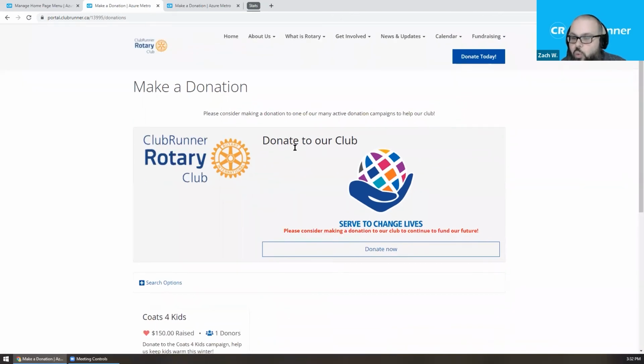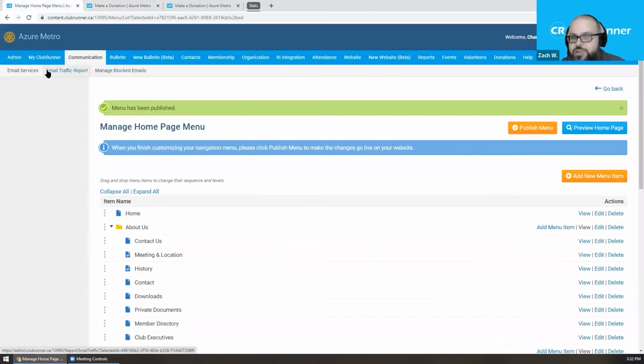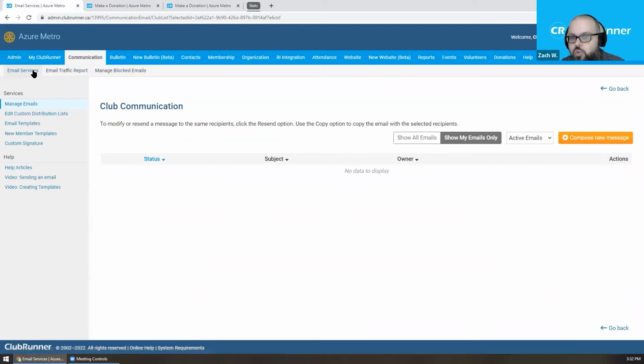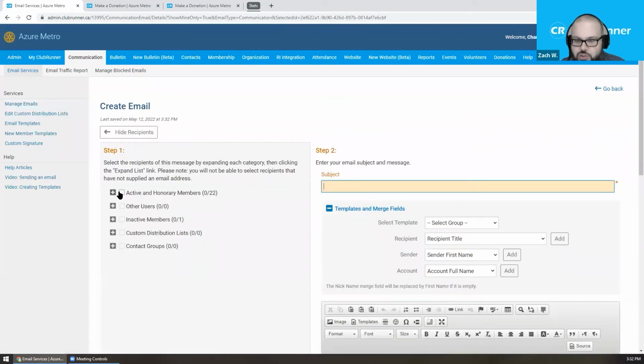So once you actually have all of that set up and you're ready for it on the website, another thing that you can do is send those same links out to your membership. So we're going to go use the communication menu option in email services. I'm going to go ahead and hit compose new message. And to send it out to our club membership,